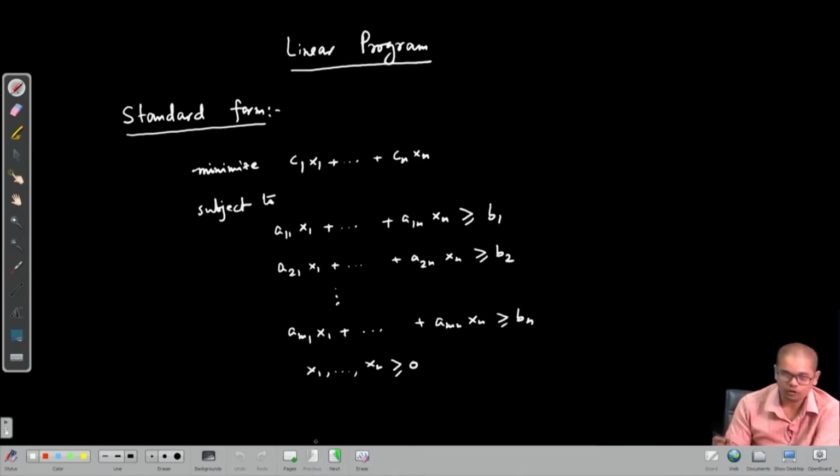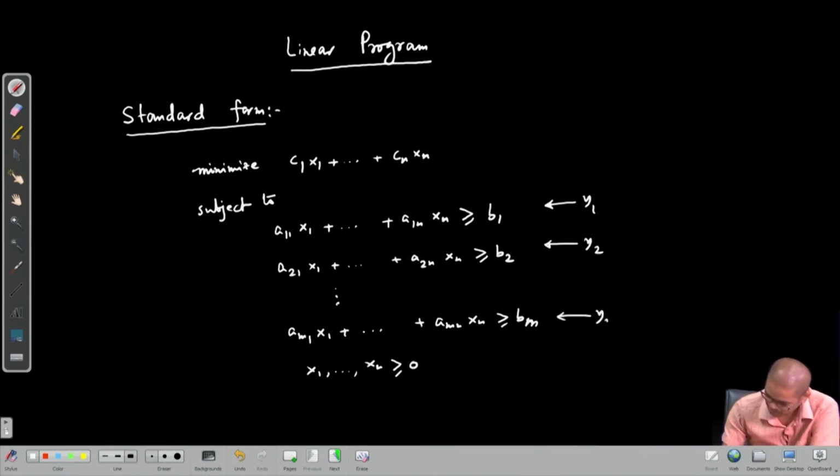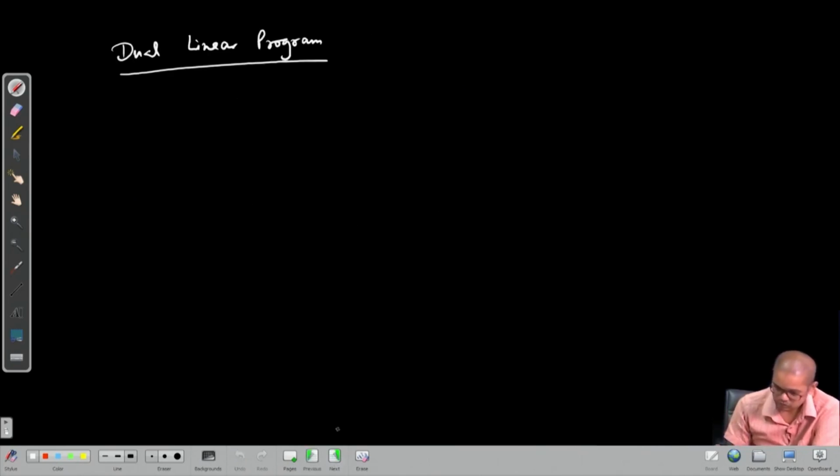Again, let us follow the same approach. We multiply the first equation with y1, the second equation with y2, and the mth equation with ym. So we maximize b1 y1 plus b2 y2 plus dot dot dot bm ym, subject to